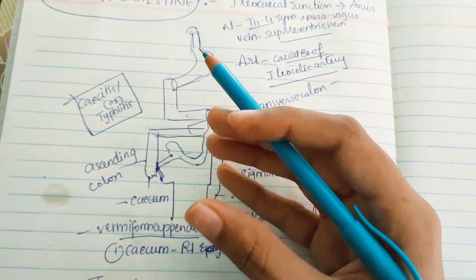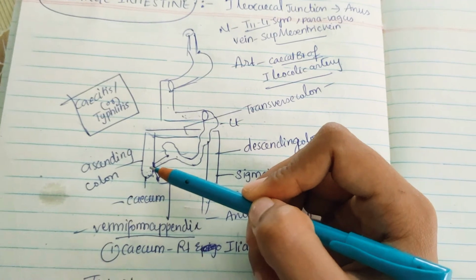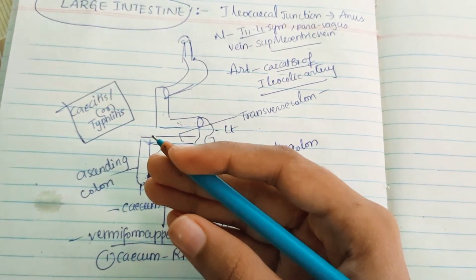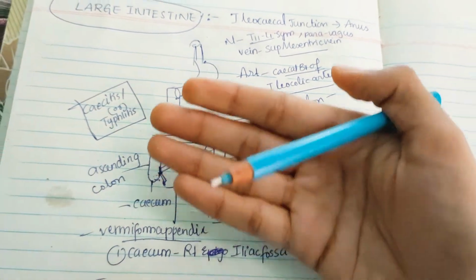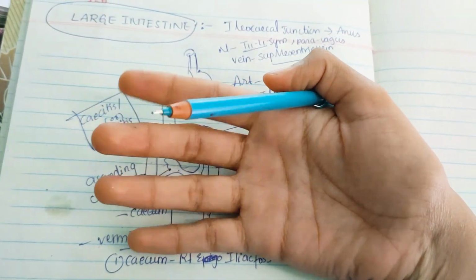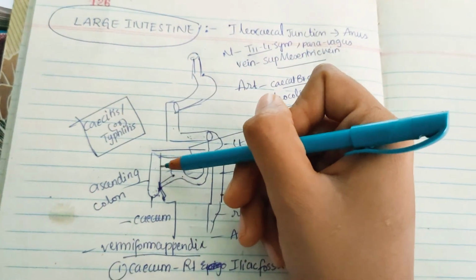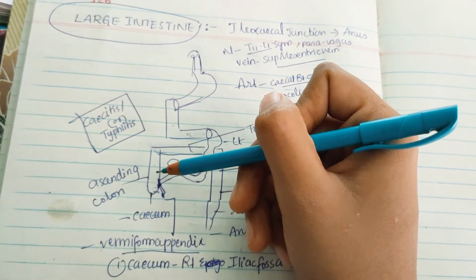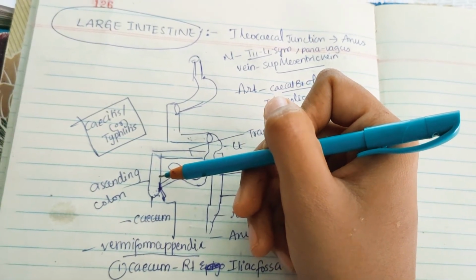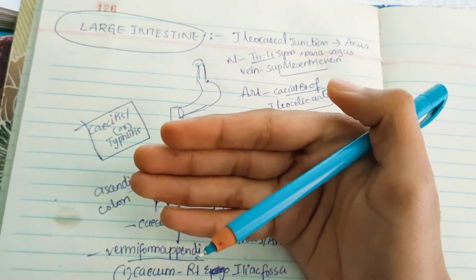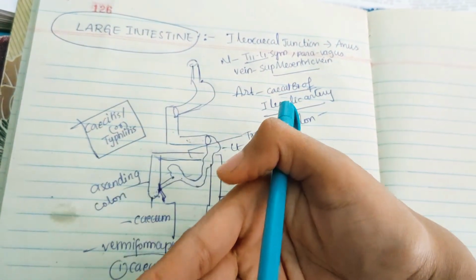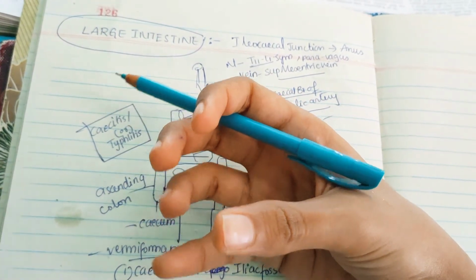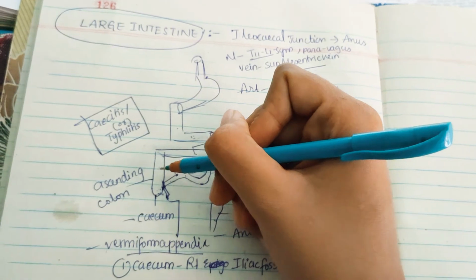So rarely means it's retroperitoneal. It has only one layer of peritoneum lining it. Anteriorly, it is related to coils of small intestine. So anteriorly, for example, if you see anteriorly like this, these are coils of small intestine like this, and here you have ascending colon. Okay, and the right edge of greater omentum also is present anteriorly, and also anterior abdominal wall, of course. So if this is anterior abdominal wall, I remove it, you will see coils of small intestine, you will see right end of greater omentum. Next you will be seeing the ascending colon.